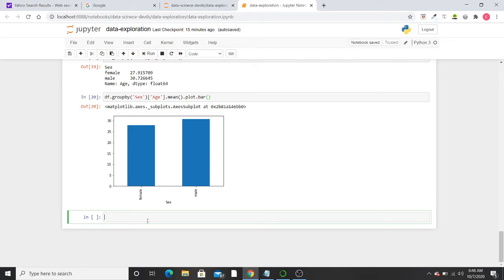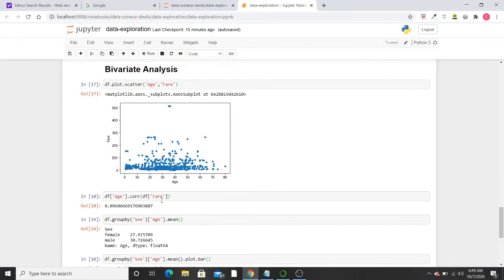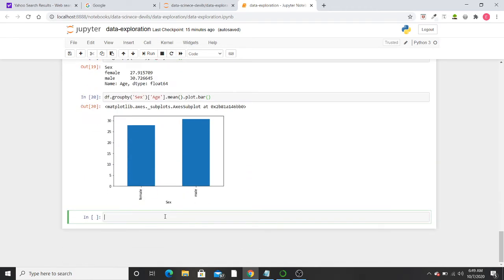And then secondly, as we did some statistics for continuous variables, like here we calculated the correlation between them. Now here both are not continuous, one is continuous and one is categorical. So we have to search for some different method or different approach. So for this we are going to do a t-test. Now the t-test is one of the most important concepts in statistics.